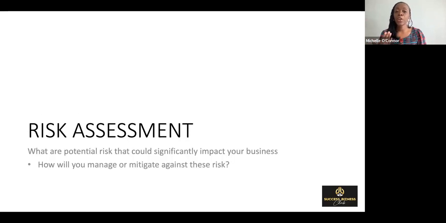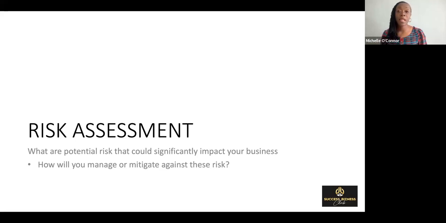The other thing is your risk assessment. We miss this part, and don't worry, large organizations that I've worked with also miss this part, because your risk assessment is something that you should be reviewing. Now, you're starting a business, maybe we probably never thought of it before, but if you have a business where you rent event space, a risk could be when there's a potential natural disaster. So there's a hurricane, or say it's rainy season, or it's snow season, whatever it is. The thing is, you want to think through anything that could negatively impact your business.